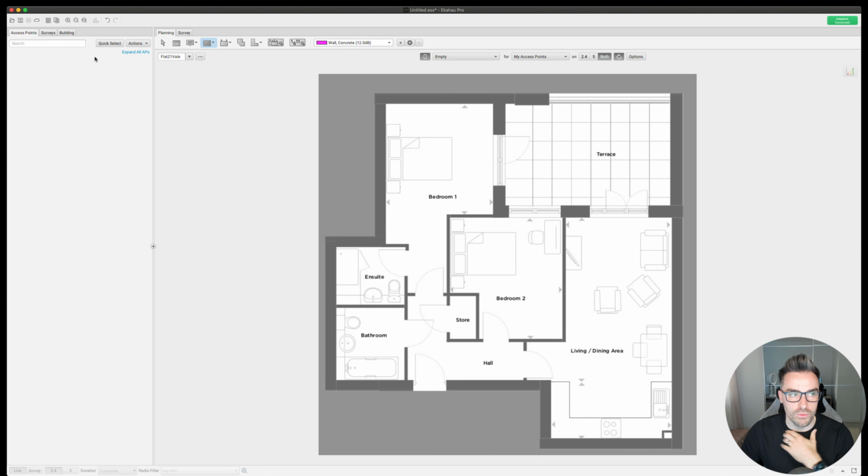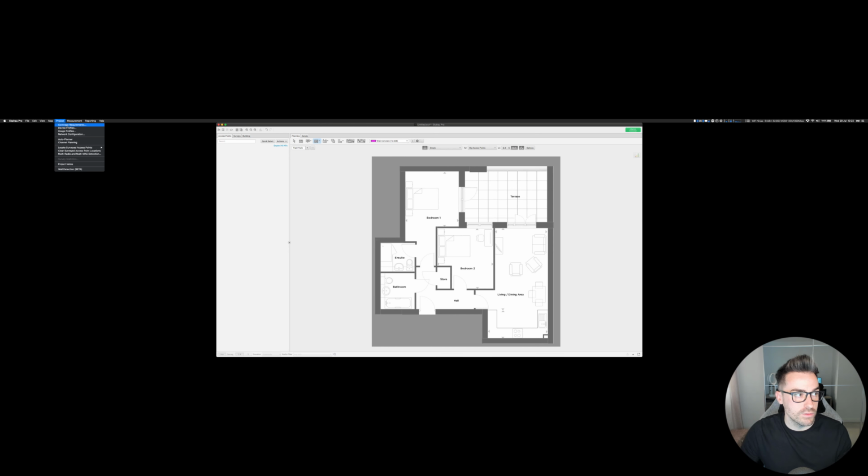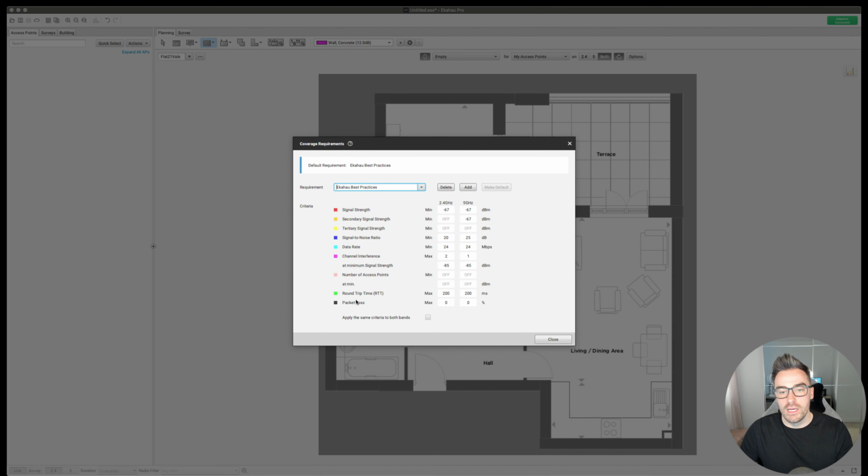But I would also want to set some coverage requirements. So I go back again to the project coverage requirements, and now we've got some Ekahau best practices in here, but I've got specific requirements I like to usually hit. So my Wi-Fi Ninjas best practices, for example. So I want to add my own one and then call it Wi-Fi Ninjas best practices,